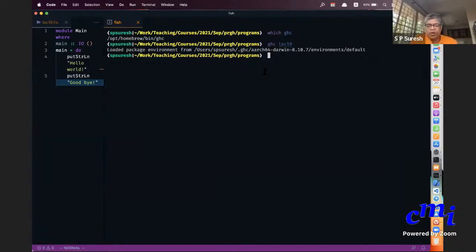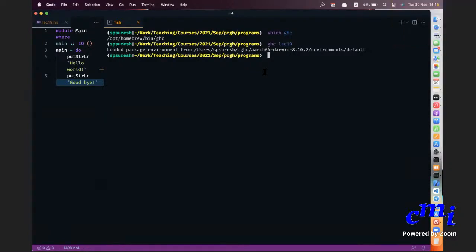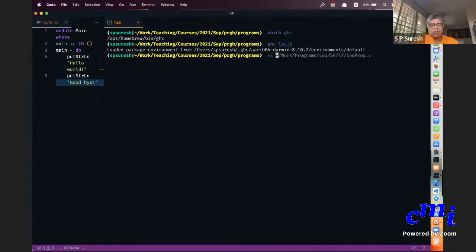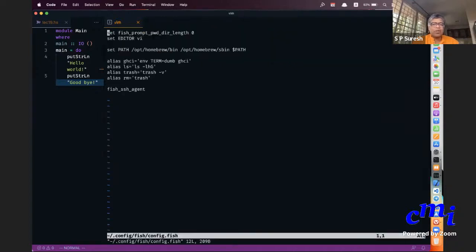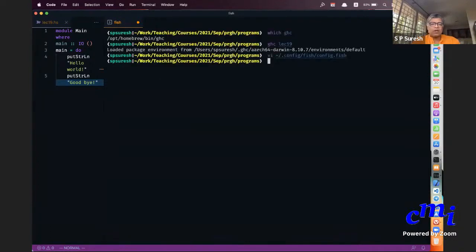You don't need to be able to do all this, but if you are working with the system, you need to know about paths. Here I am saying set path /opt/homebrew/bin. So this is where I set my path. Therefore it automatically knows where to look if I give just ghci.